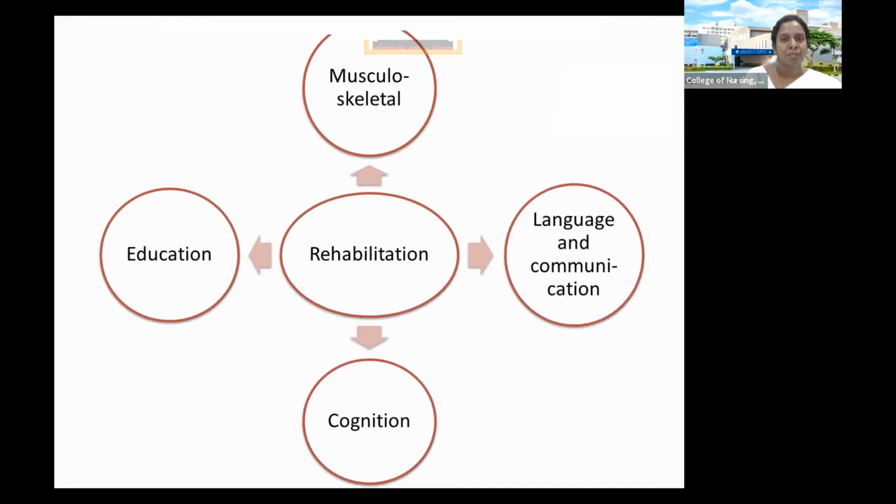Rehabilitation, Rebecca ma'am is going to cover in depth, so I'm just going to tell you the basics of rehabilitation, where musculoskeletal, as part of mobility training, patients have to undergo rehabilitation. For language and communication deficits, sometimes patients have to go for speech therapy. We have speech language pathologists who identify what kind of aphasias they have, and then their language deficits will be addressed. Cognitive rehabilitation, to train them adequately for them to have their memory back. Cognitive rehabilitation is done, and education for both the family and the patient is advised.